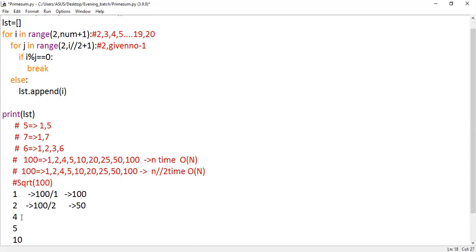Okay. So here, if you know the first number, the next half can be generated. This is the reason behind it. So this is what I say, use the square root of the given number times. Here I'm taking a perfect square number like 100, guys. So this will work for all numbers.